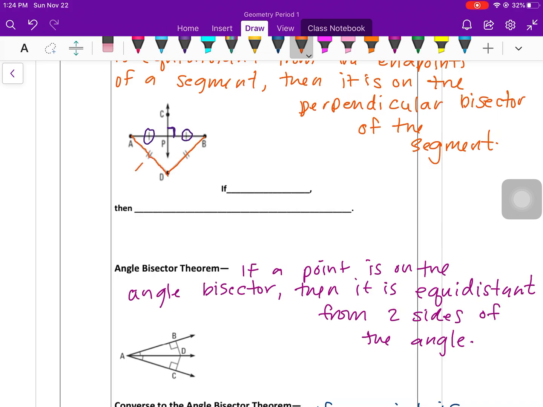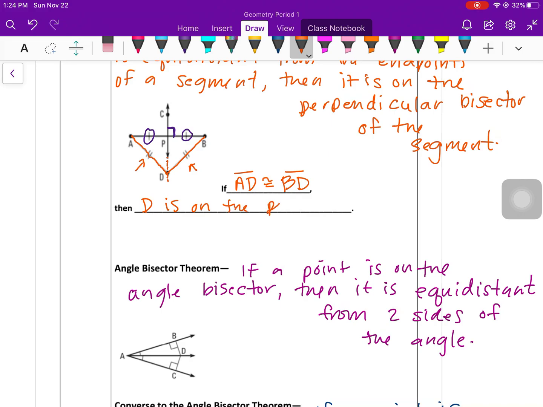Since these two lines are congruent, we can apply the perpendicular bisector theorem, or the converse of the perpendicular bisector theorem, excuse me. So if AD is congruent to BD, which we know they've told us in the diagram, then D is also, if we were to extend this line, D